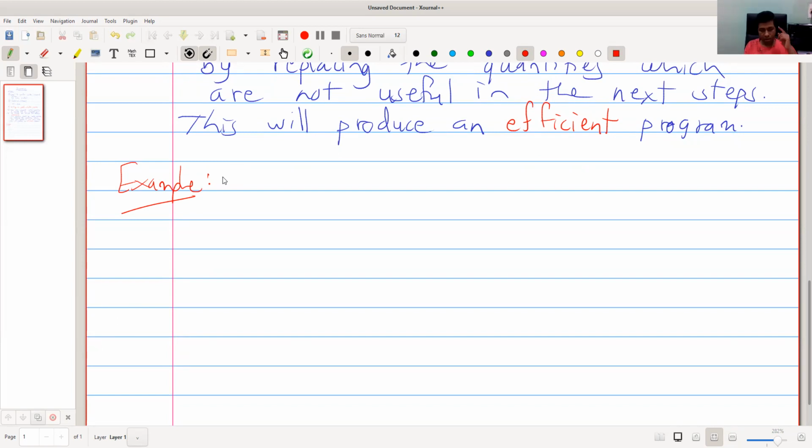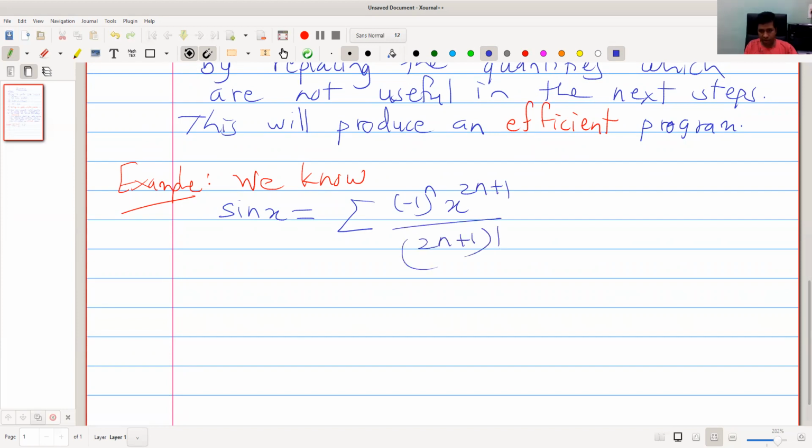So let us use a series of the sine function to approximate it. We know sine is an odd function. Sine x is the summation of minus 1 raised to n, x raised to 2n plus 1, divided by 2n plus 1 factorial, n equal to 0 to infinity.